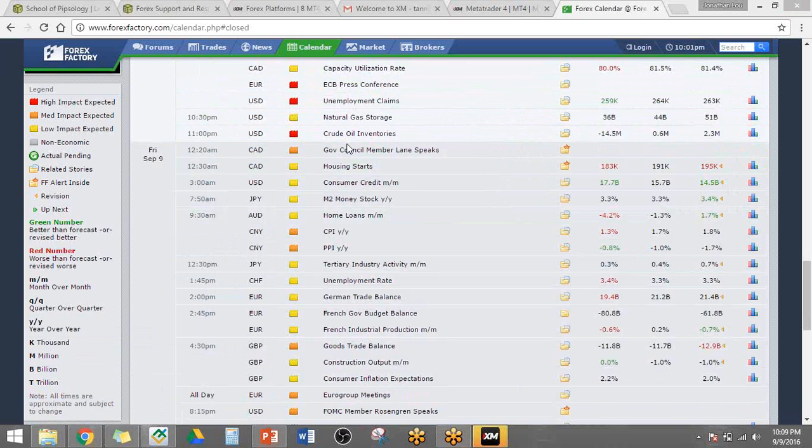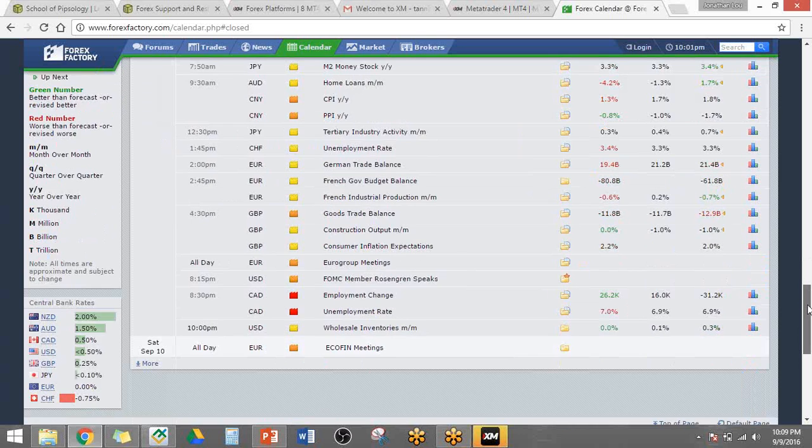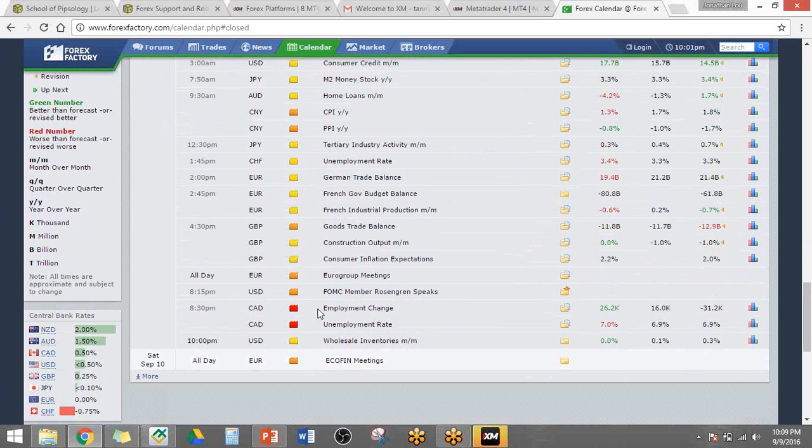But let's go with a different one. Let's have another example. This one: employment change for the Canadian dollar. You have here good data for the Canadian dollar, meaning the Canadian dollar is going up.